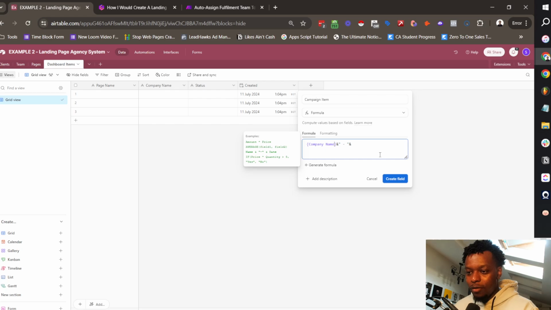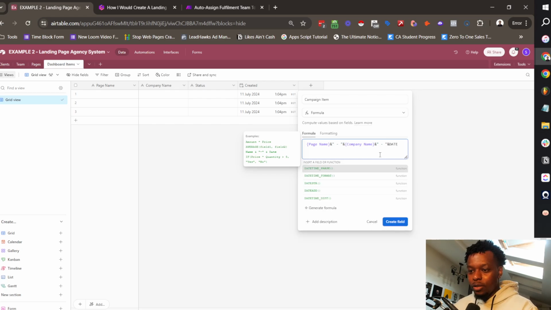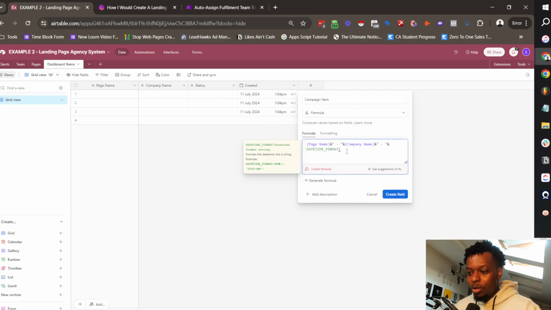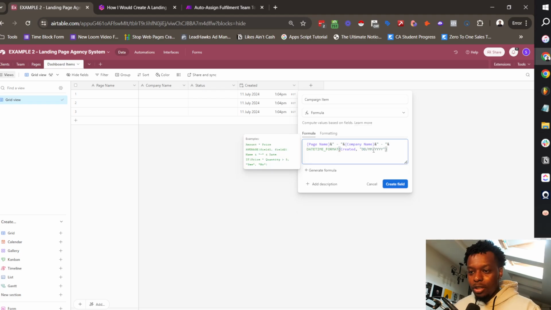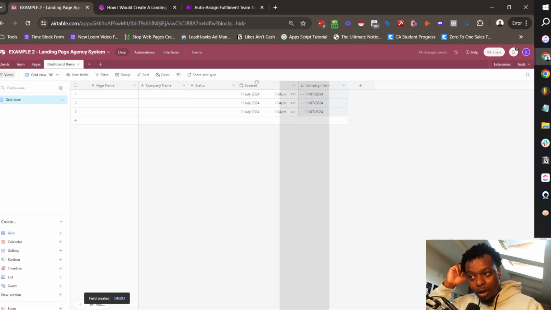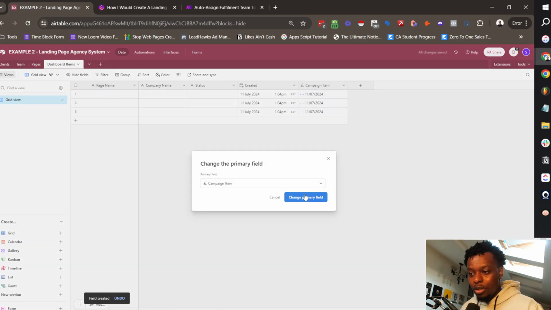In fact, we'll do page name first, and then we'll do company name next, and then we'll click add and then we want to put dates format, and it's going to be the created date, and then we want to do the format in DD MM YYYY. And this can be MM DD YYYY if you're in America, but I'm going to leave it as this. And then now we move this all the way over to the side, and we change the primary field